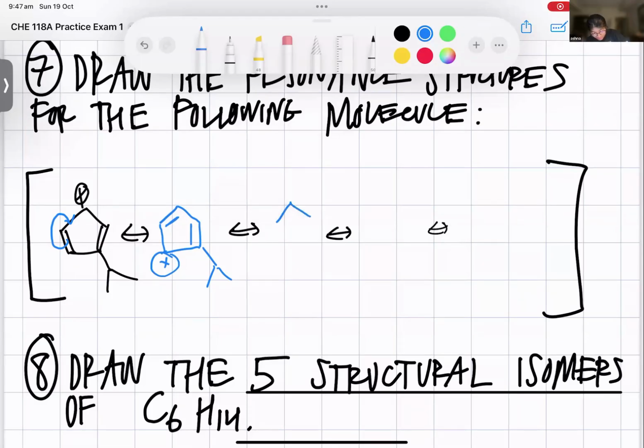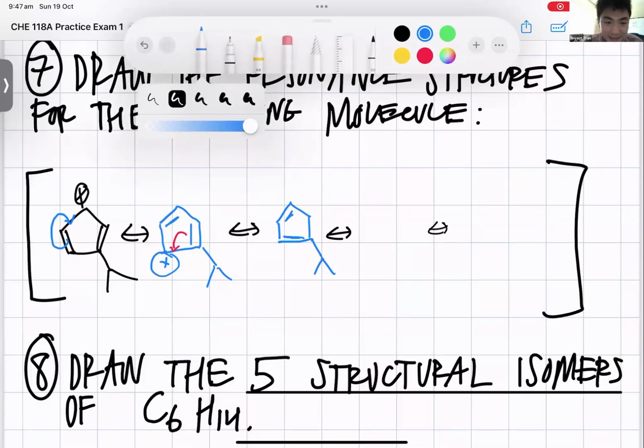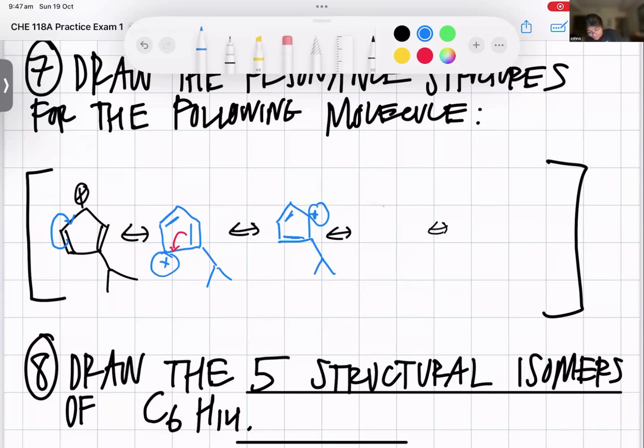Okay, and then this one, it's the same thing. I would just draw the arrow like that. Yeah, just like that. Fill in that void, that empty space with no electrons, with that double bond, but then you're creating another void. You're creating another carbon with a positive charge somewhere. So then it just kind of repeats itself. The last example was about a carbanion, a carbon with a negative charge and a pair of electrons. This one is with the carbocation, a carbon with a positive charge, missing electrons. And then it just repeats.